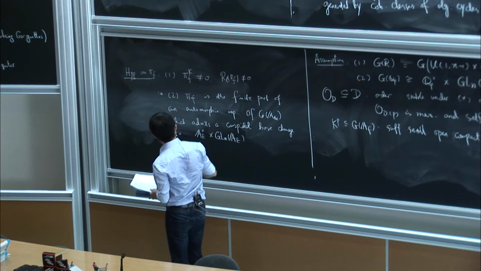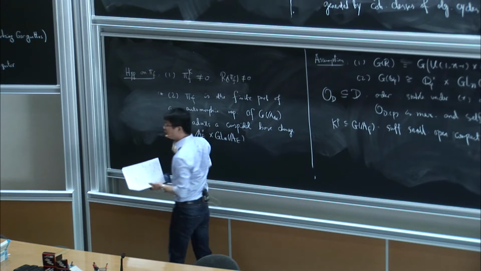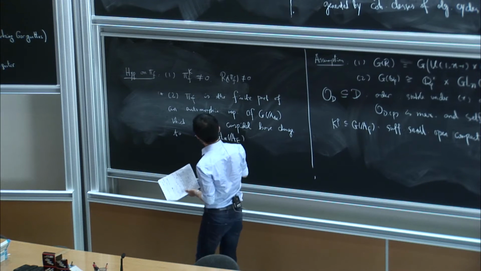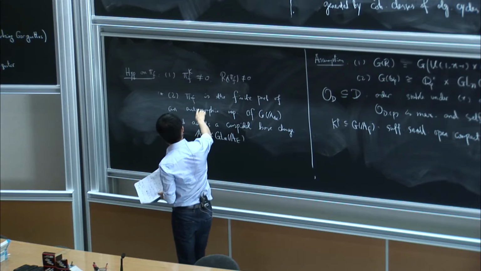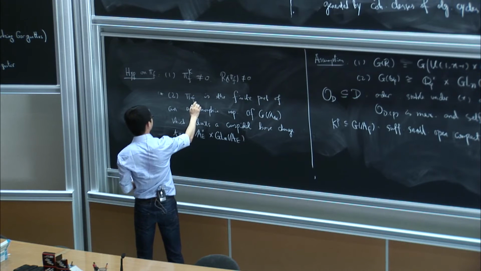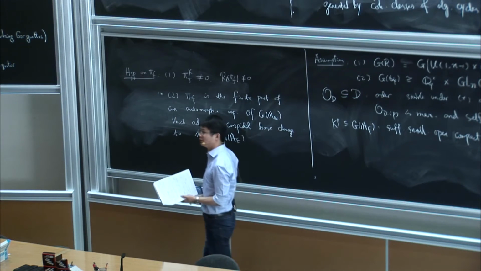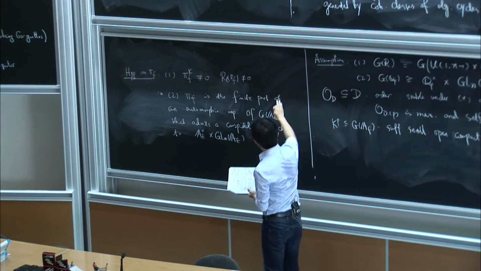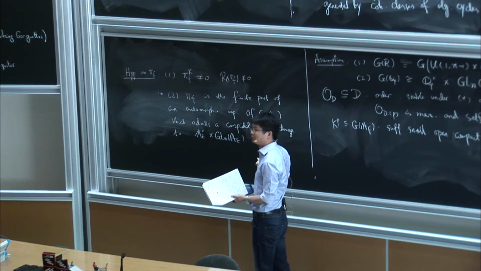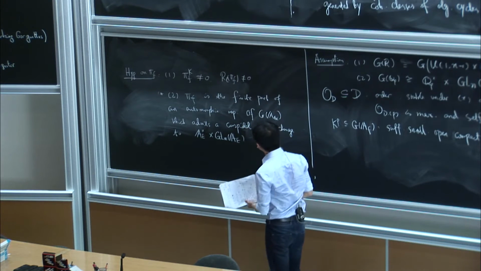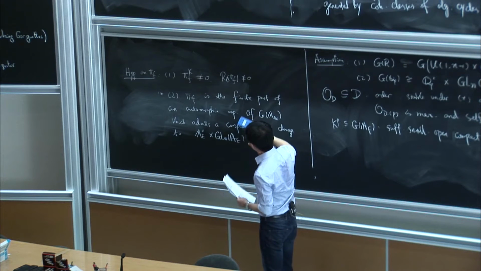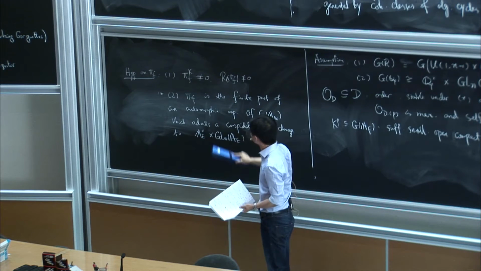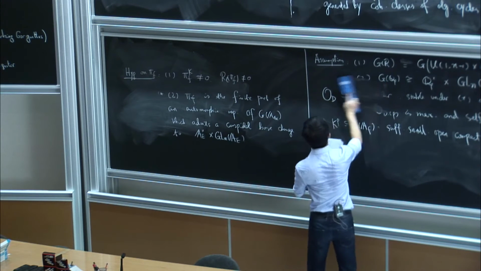So basically, the second assumption is slightly technical, but the key point is we will need a later result on the automorphic multiplicity for this π_f. And this assumption will guarantee that the automorphic multiplicity equals 1 in all inner forms of that. And this part is not essential for our method. If you can get a better result on automorphic multiplicity for automorphic representations of G, you can probably remove this assumption.